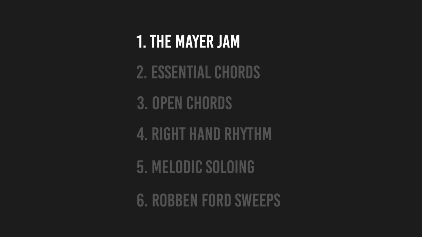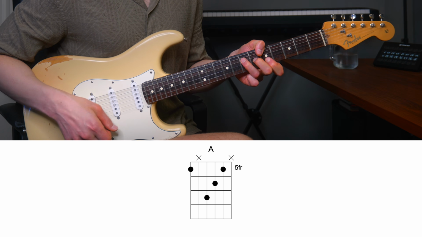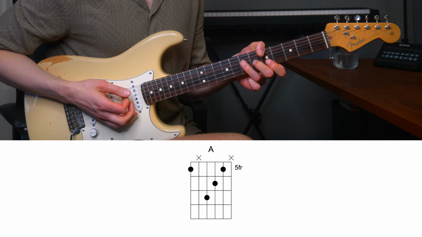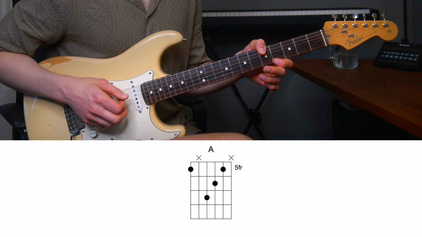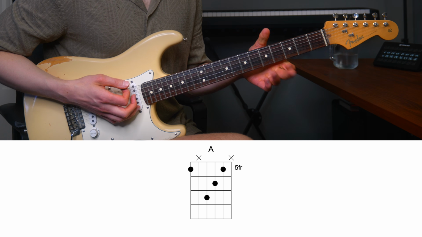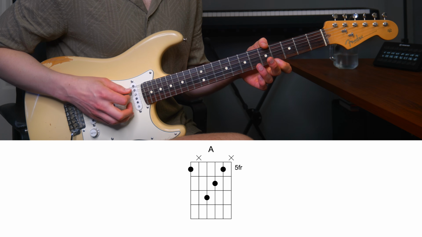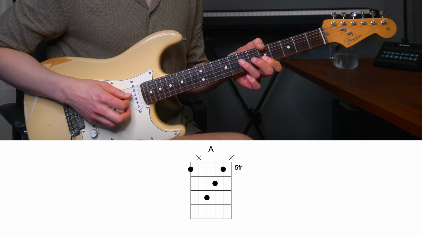Next, let's check out some essential chords. These are chords John Mayer uses all the time. And there are two shapes that are especially important. First, we have a normal major chord. From the low E string, that's going to be 5. With your thumb, then you mute the A string with your thumb as best as you can. Then you play 7,